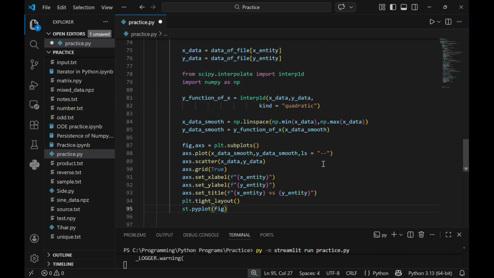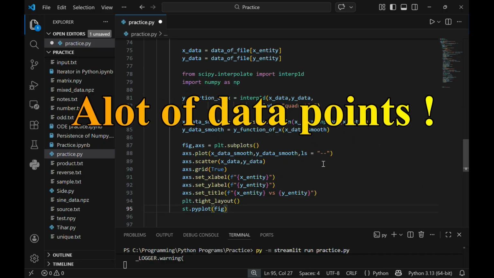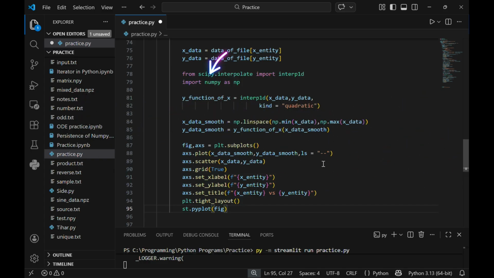Now, the key concept is here. To make our graph smooth, we need a lot of data, and for that we are going to use the NumPy module. Here, the function np.linspace means that we are getting x values from the minimum value of x data to the maximum value of x data. It will generate a lot of x data so that we can feed our y function. Now, after that, we have supplied our x data to our y function